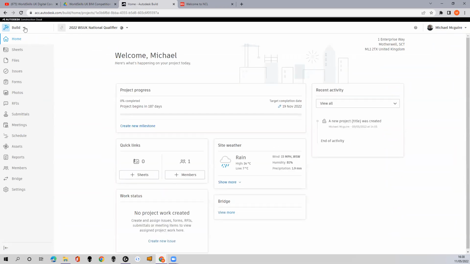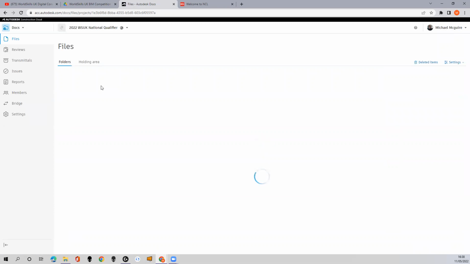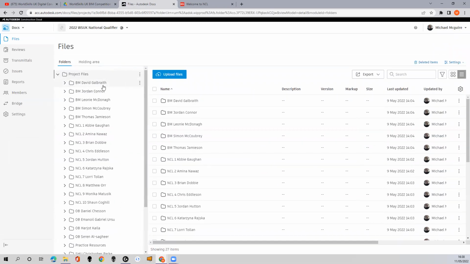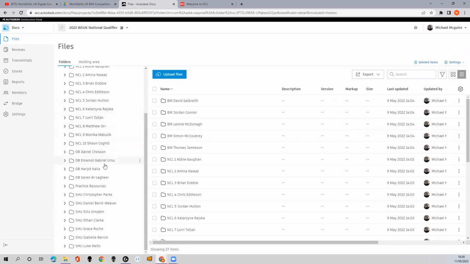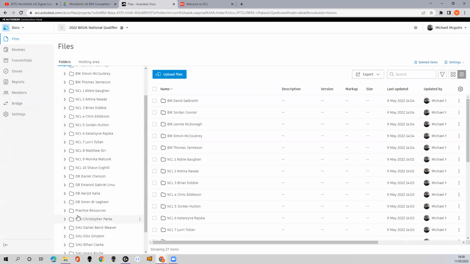I'm taken into here, and then we'll use Docs. So the only thing you're actually needing to use is Docs. You're going to see everybody's name in a little minute. You'll get to see all the other competitors that are in along with you. But there we go. So what I have done so far is I've created a folder with the school that